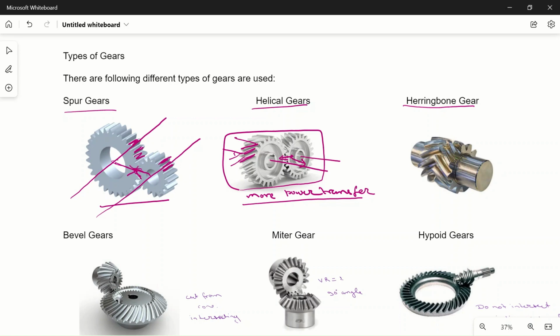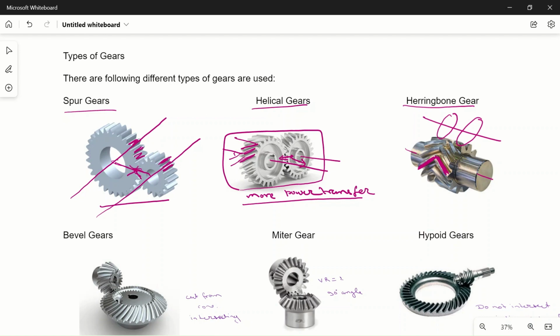And now third one is herringbone gear. What is herringbone gear? Only one shaft is shown here. There will be another shaft, and there will be another gear meeting with this. So it is two helical gears with opposite helix. See, two helical gears are combined with each other, so they form one gear. Why are they combined with each other? Because